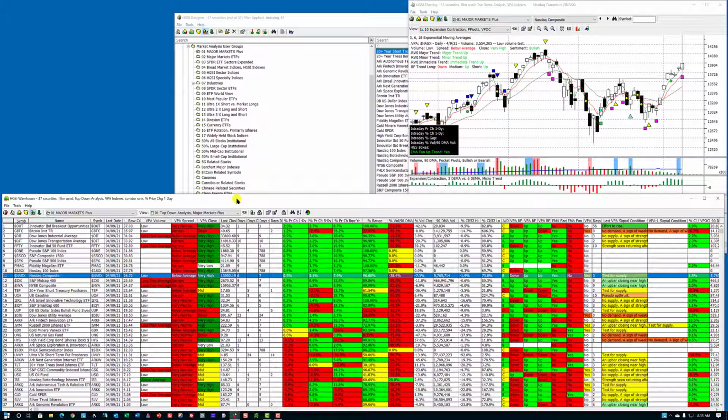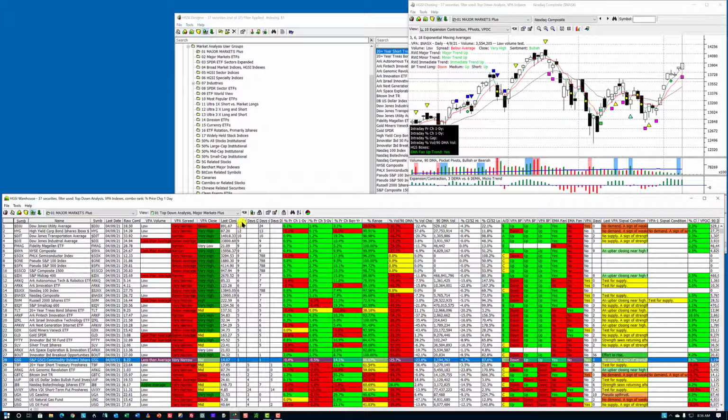So a lot of information in these warehouse views that I've set up. I put a lot of work into these so they make sense. They make sense to me, and hopefully they make sense to the members of the Insider Club. So just a quick reading down here. If we look down this column,